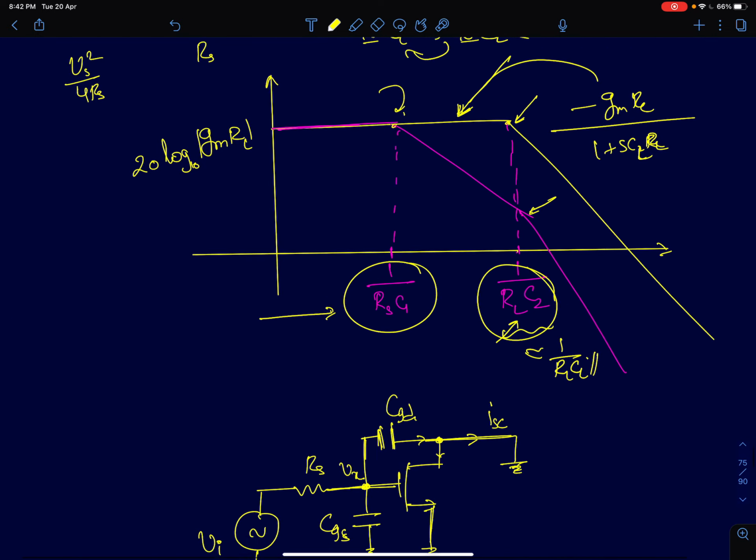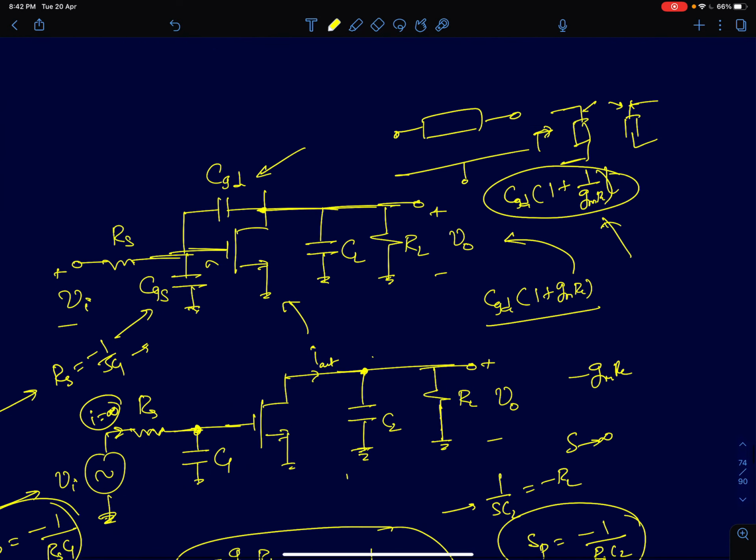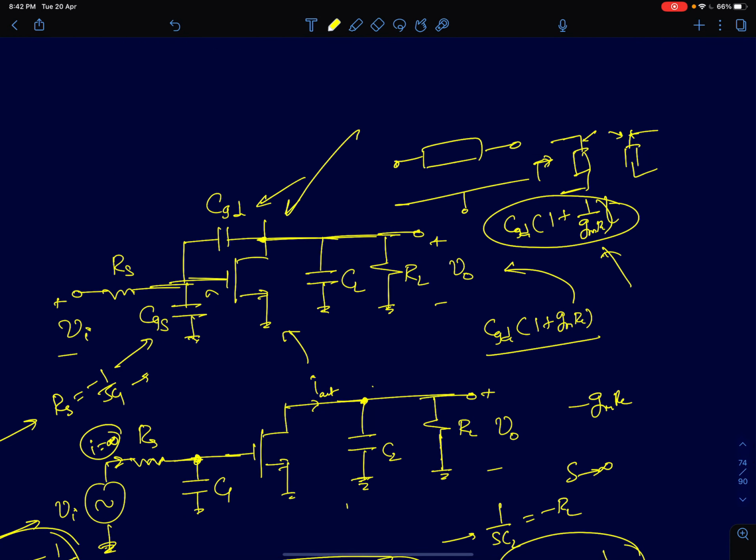Now one good thing about Miller's theorem is that it enables us to solve the circuit quickly and get a reasonable approximation of the actual frequency response of the circuit by using a simplified version of the circuit. So we get the frequency response of this circuit very similar to this one, but we are making an approximation here. So I'm splitting this capacitance into 2 capacitors here and analyzing it. The analysis became much simpler,